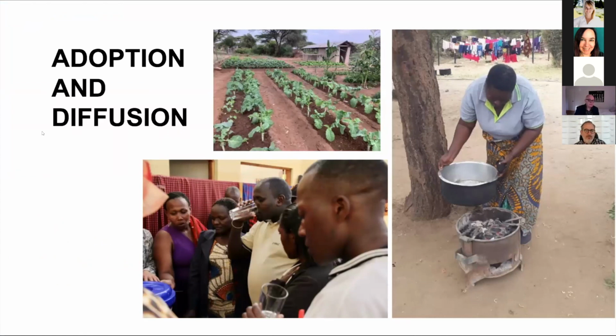So the end goal of the students, of course, is the adaptation of the system, the use of the solutions they have co-created with the community. Here you see a community garden experiment, drinking water that has been filtered with the students' design filters, and a woman cooking with the charcoal made from the animal waste by the student-designed kiln.